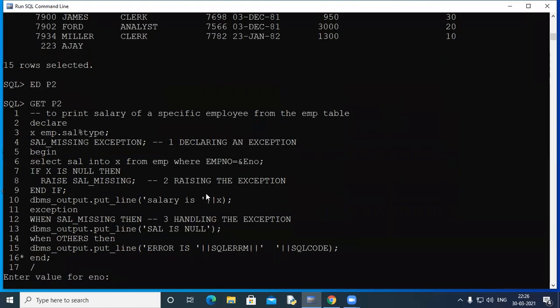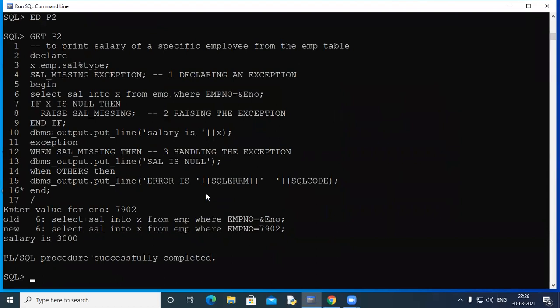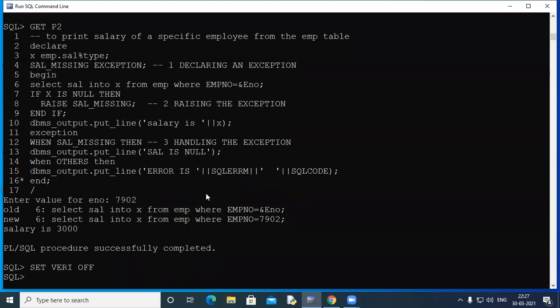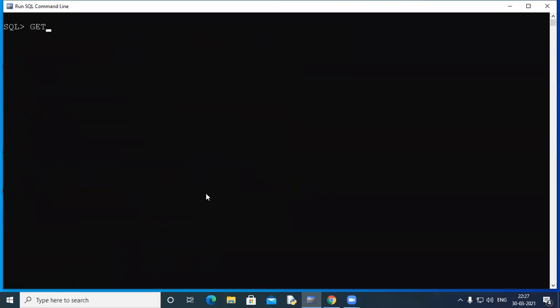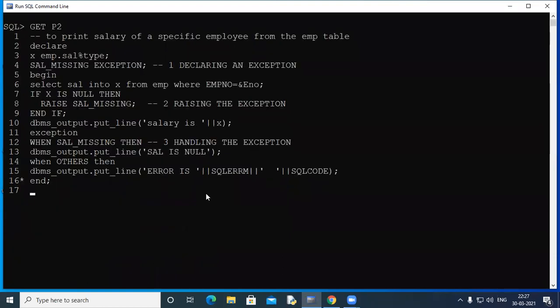So I'll first do the usual way, say Ford 7902. Let's see if it works. Yeah, salary is 3000. You can see. Let's get the code again. And let's run it for 223. That is Ajay who's having a null salary. So you can see that the exception is raised when you give 223 here.